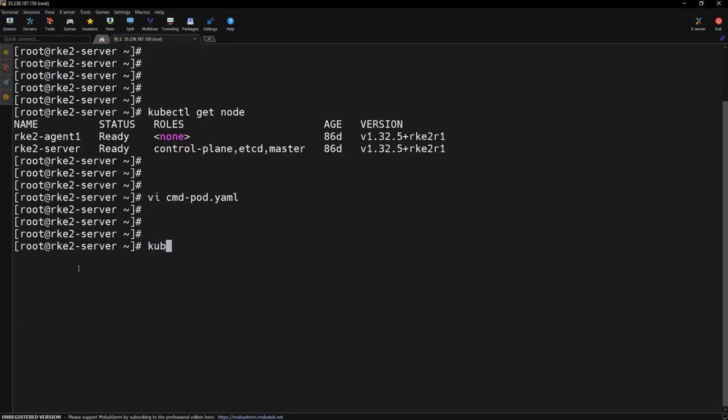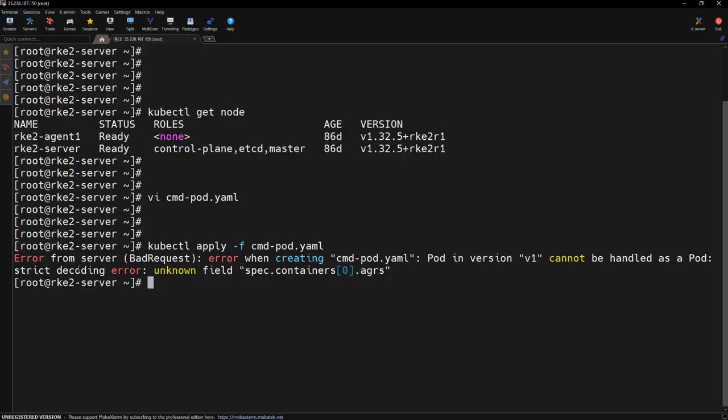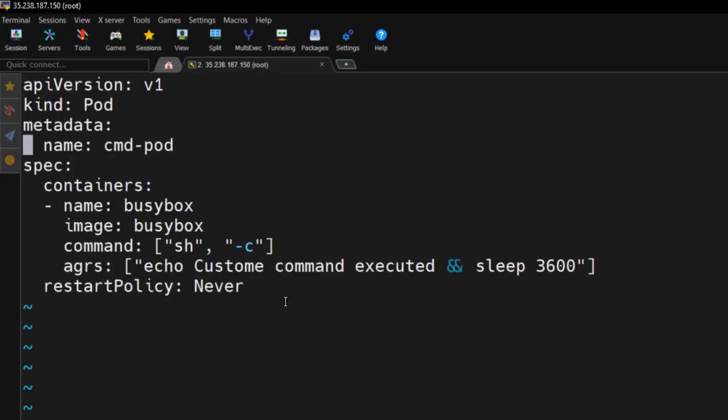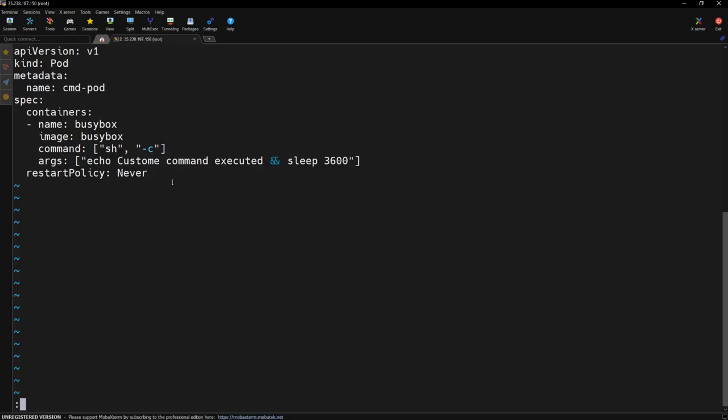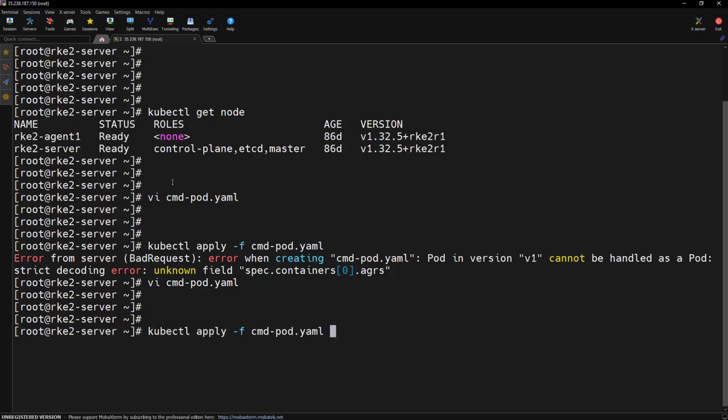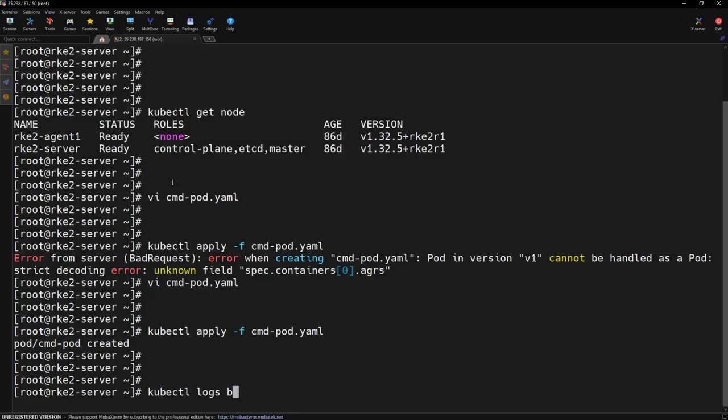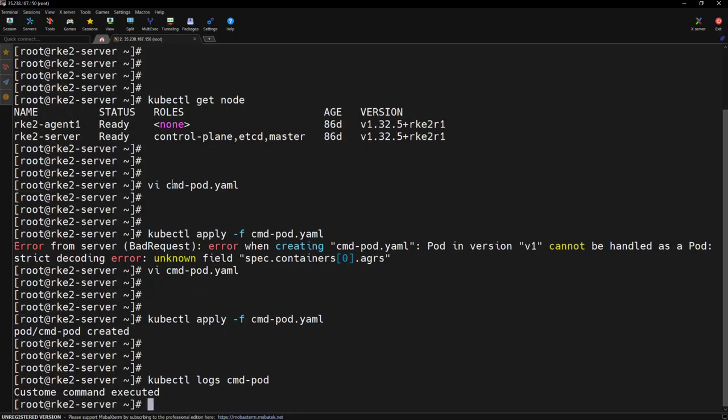So let's apply this: kubectl apply -f cmd-pod.yml. There is some issue in the pod manifest file. There is a typo in args. It should be args. Let me save and exit again, and let's run the same command. Now the pod got created. Let's check the logs for the same. cmd-pod. We can see the custom command got executed,